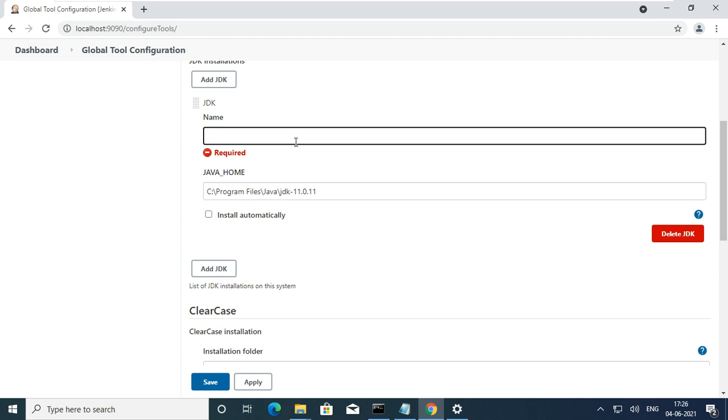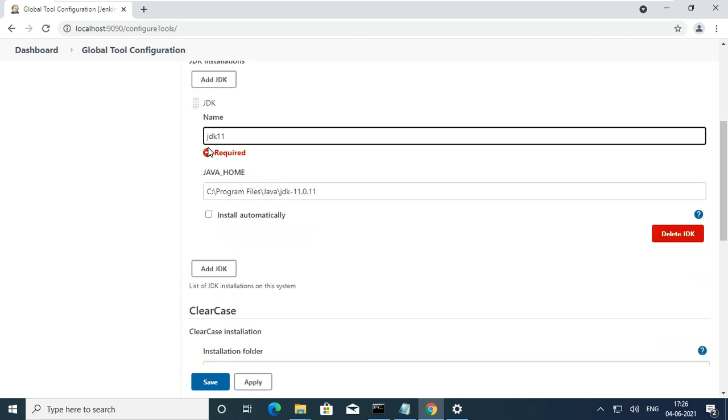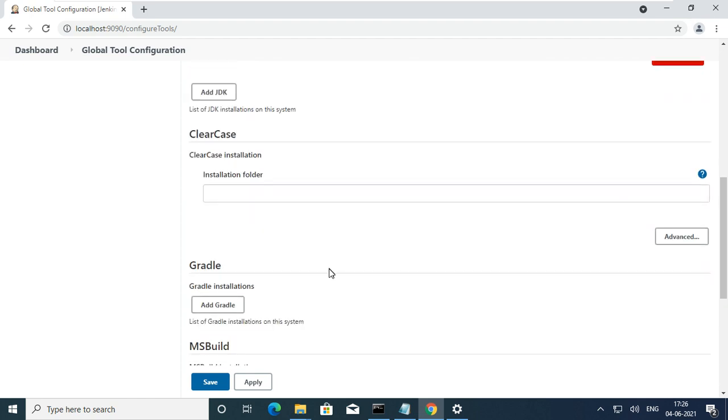I'm using JDK 11, small letters, capital letters, anything, no problem. That's it. Just add installer, tell where in your system it is located.